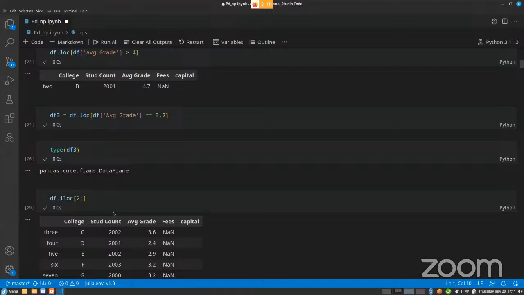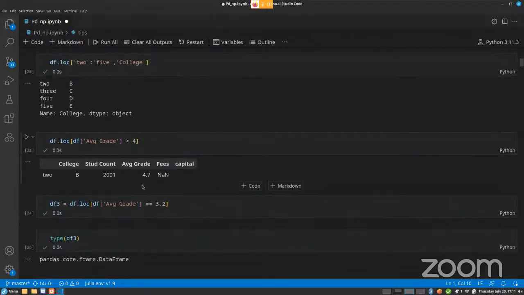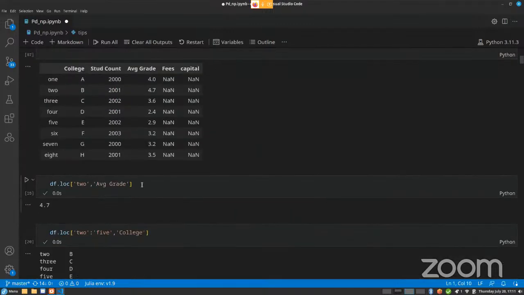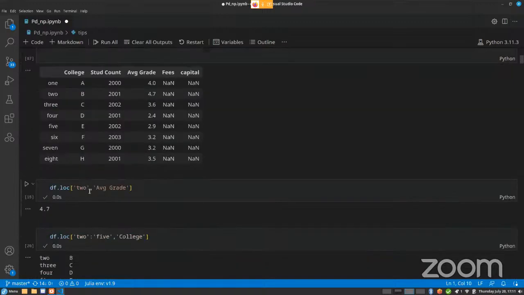Okay, I'll just start with df.loc again. What df.loc does is it locates the variables of your interest. All right. So you give it some kind of condition or interest category, and df.loc will locate those rows from your data frame. So that is what I have done here. So for example, if I just say df.loc,